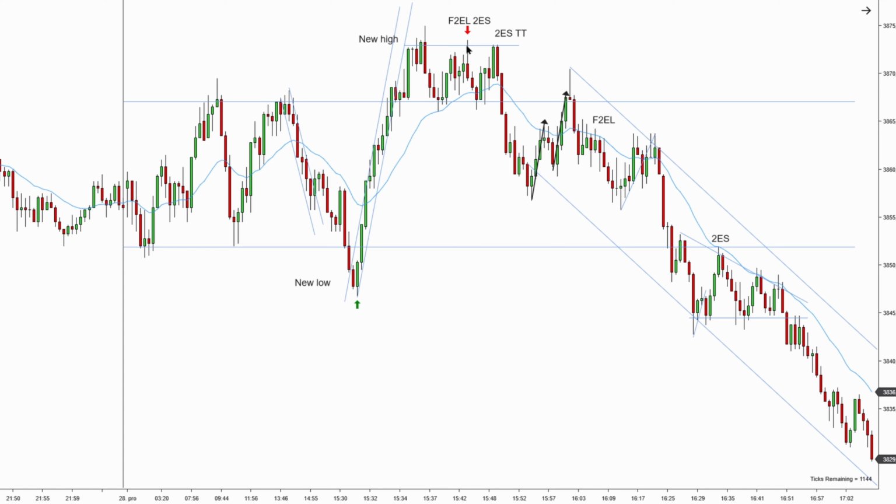But at this point you see that this failed second entry long is not selling off strongly as you would expect. Instead, this support is now holding, so it's very hard to reverse the market and go short here again, especially after such a big push. But I definitely would not go long just yet, because like we said, most breakouts will fail and chances are we're going to pull back lower. So it's a tempting setup in hindsight, but very hard to pull the trigger, especially if you can see such a strong